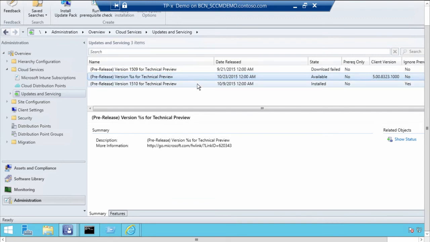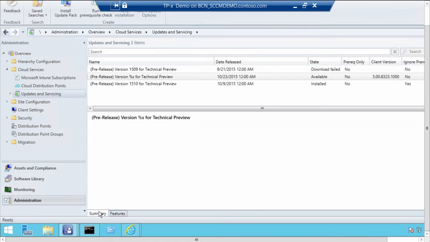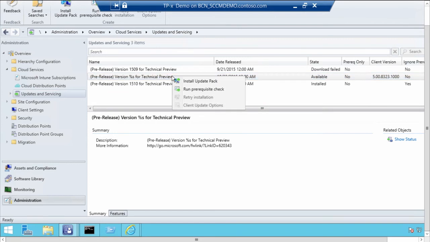So this is an example here. This should read 15.11, but there's an issue with the string. Anyway, all you really need to do here is you highlight it, you click on features, it shows you the features that are available in this particular update, and then you right click and you can either install the update pack, or you can run a prereq check to see what components might be impacted if you went ahead and